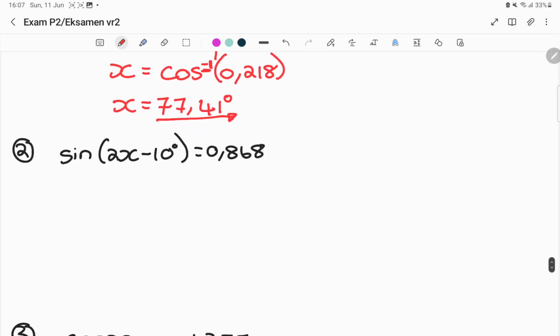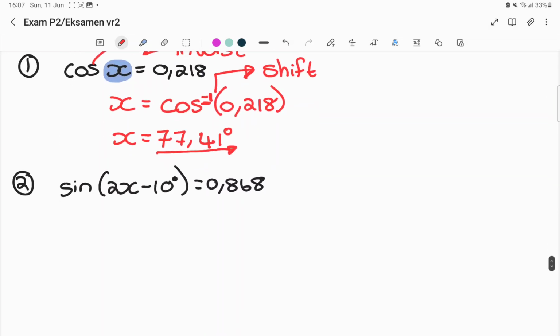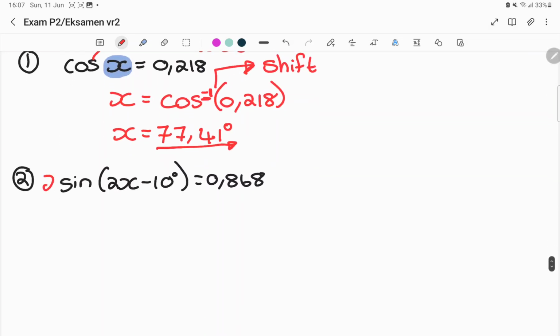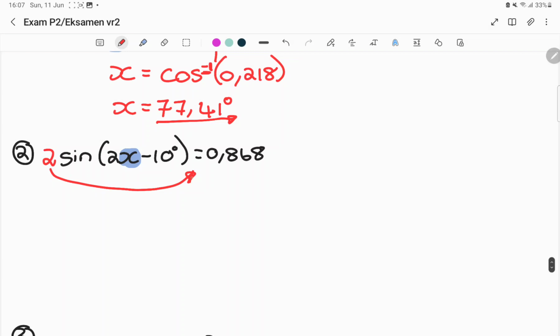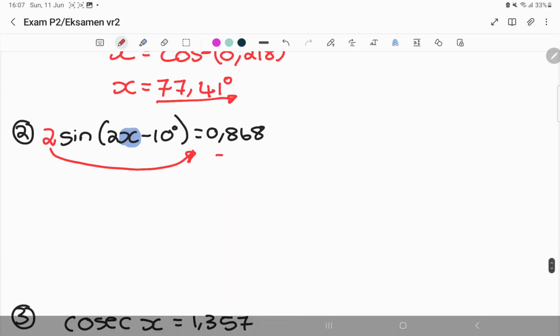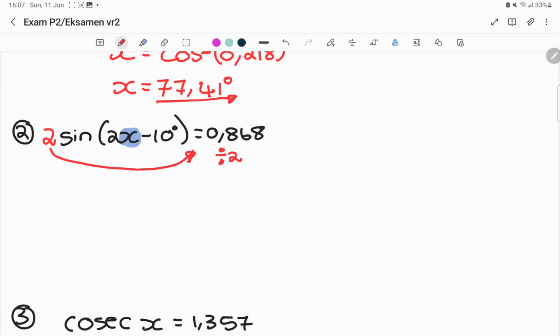Alright, let's look at number 2. Alright, for interest's sake, let's just put a 2 here as well. Alright, so we want to get x alone. Alright, now that's quite a mission, so let's start. The first thing I'm going to take over is my 2. My 2 is multiplying on this side, so the inverse of multiplication is division. So I'm going to say 0,868 divided by 2. Alright, putting that into my calculator, 0.868 divided by 2, it will give me